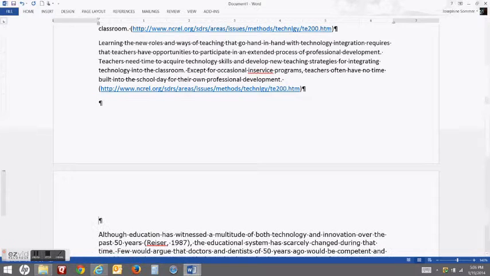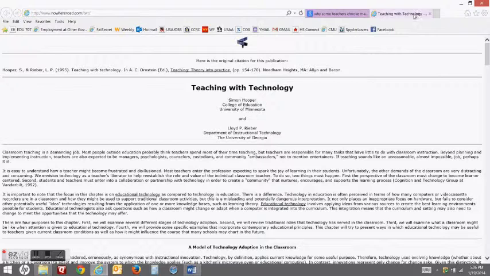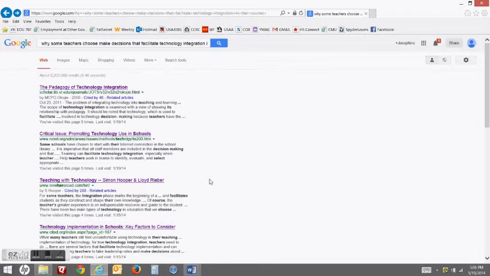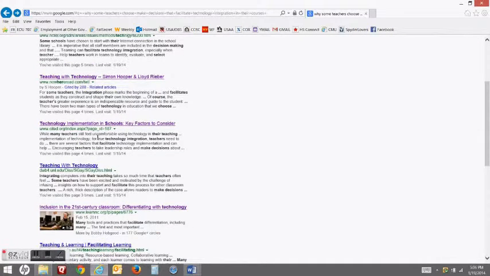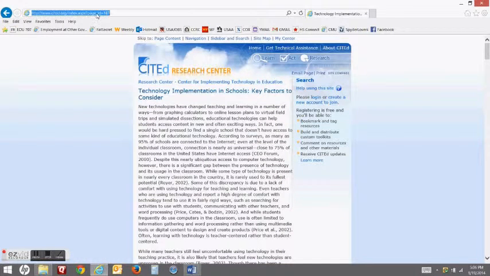So let me go ahead and, okay, that will finish up that article. So let me see, what is it? Technology implication in schools, key factors to consider. That does play into the role.